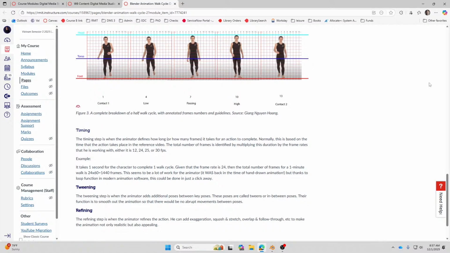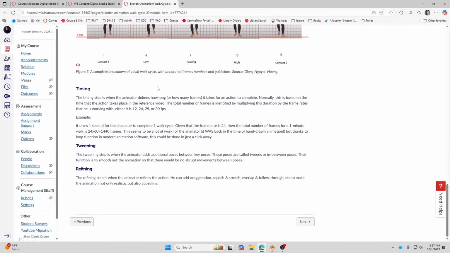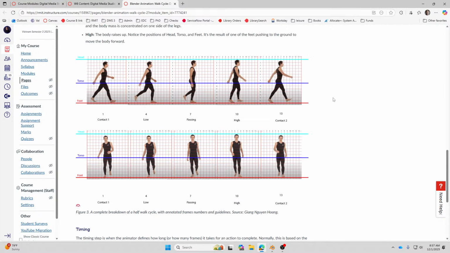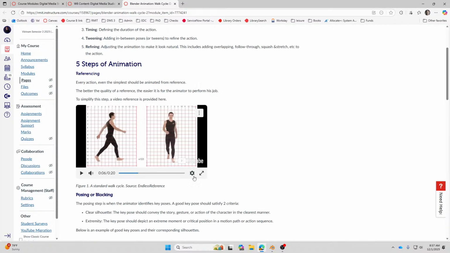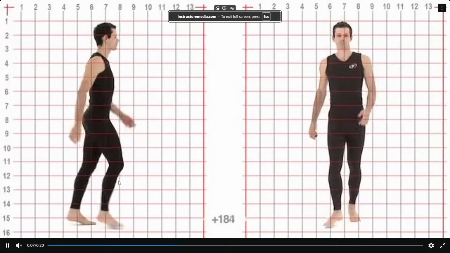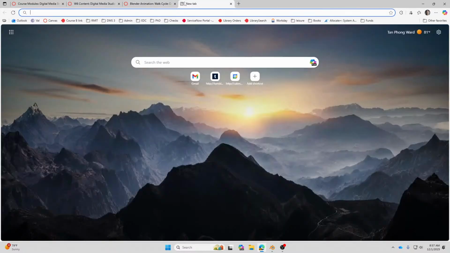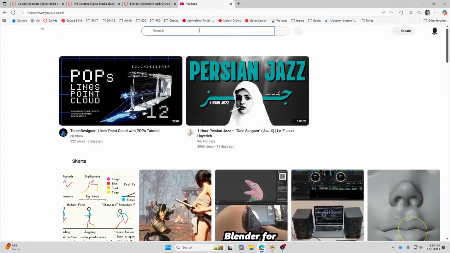Okay, timing, I have talked about this. It's basically taking the reference videos, seeing how long it takes for the walk to complete, and then multiplying that by 24 frames per second. Okay, and you come up with the number of frames that you need to do for the assignment. Please note, if you use this material from this website over here, Endless Reference,